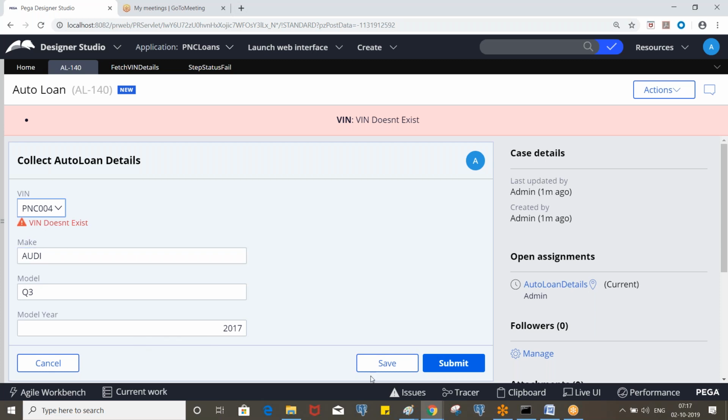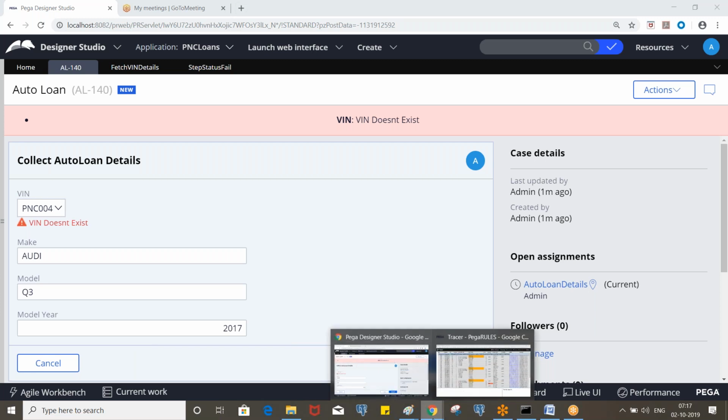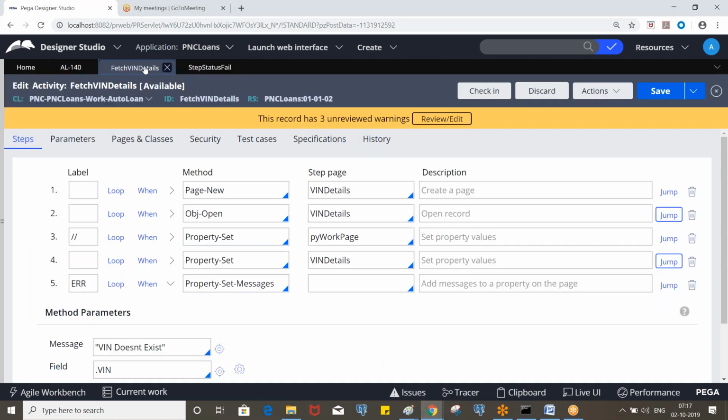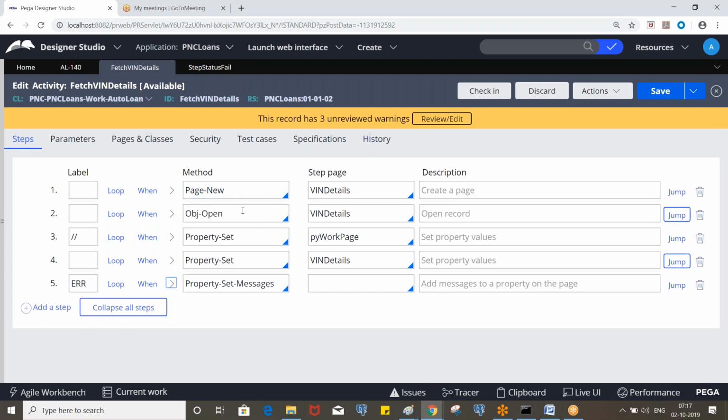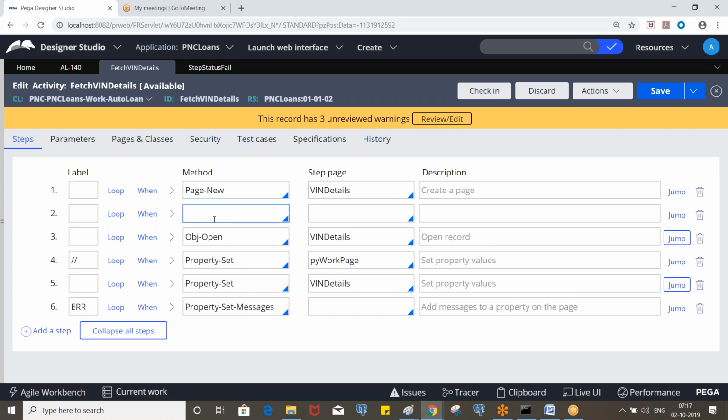So what we need to do is, before executing the obj open, if you have any data available on the clipboard, you can remove that from the work page. You cannot remove the whole page.